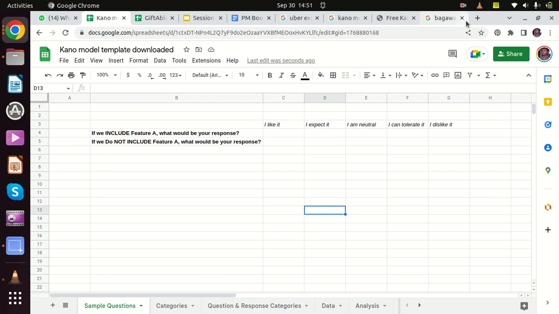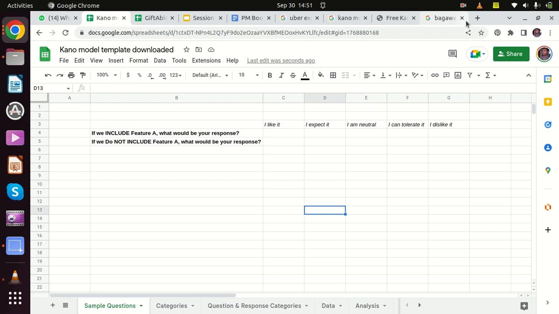Hi, in our KANO model series, in the previous video I shared some examples for the various category types of features, requirements, or service elements that you can analyze in your KANO model, varying from threshold or must-have features to delighters or reverse features and performance features. In this video, we will look at how to collect the information via a survey or questionnaire